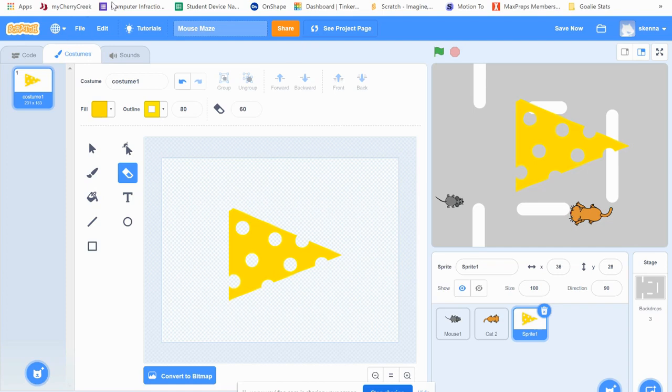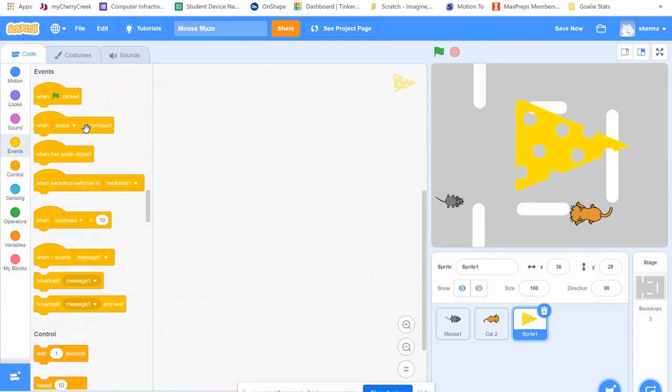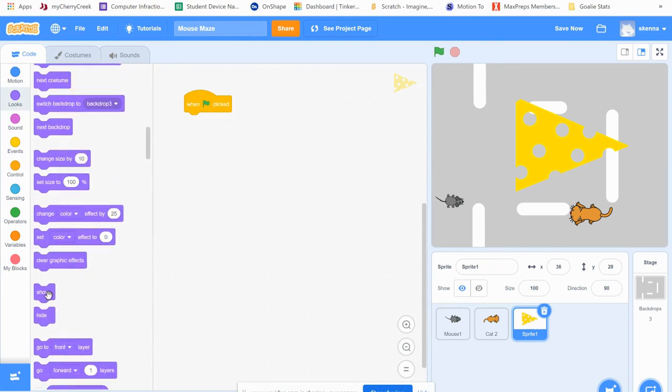All right. Now, obviously, it's way too big. So I'm going to head over to code. I'm going to do my starting stack. We're going to start this right away when the green flag is clicked. We are going to make sure it shows. We are going to set the size to